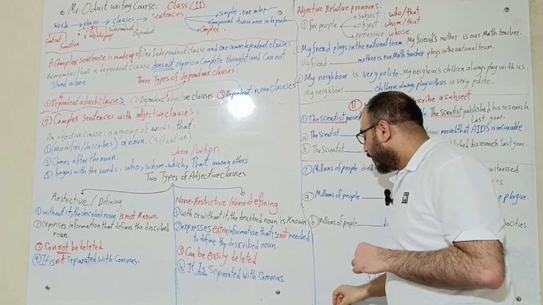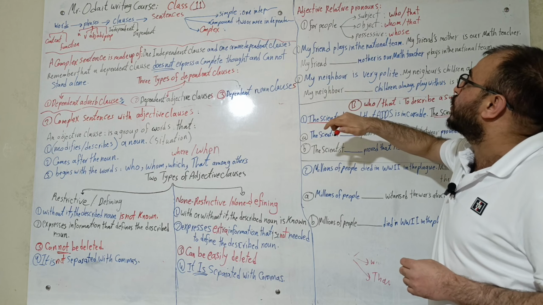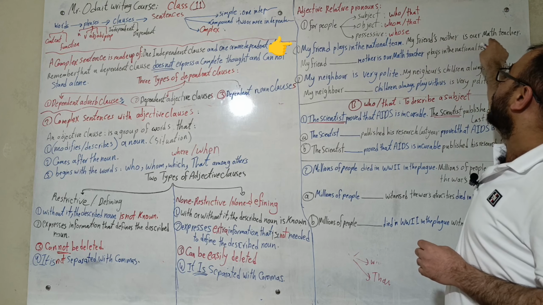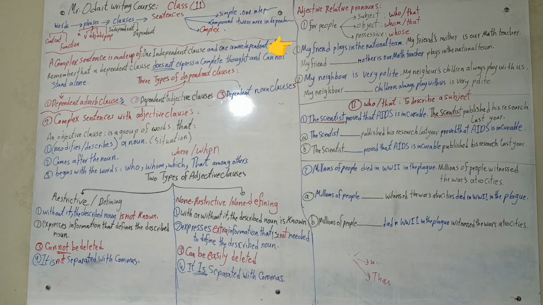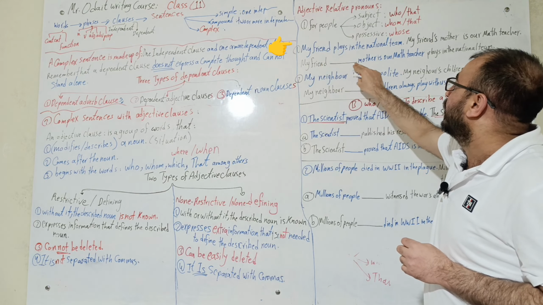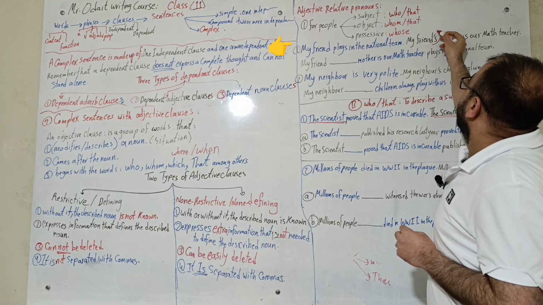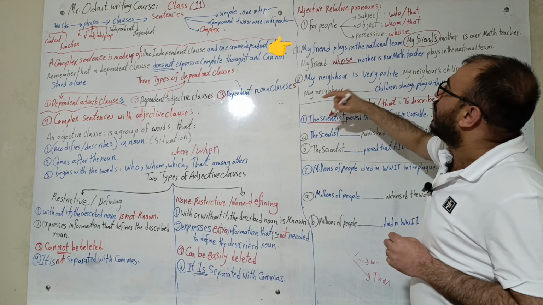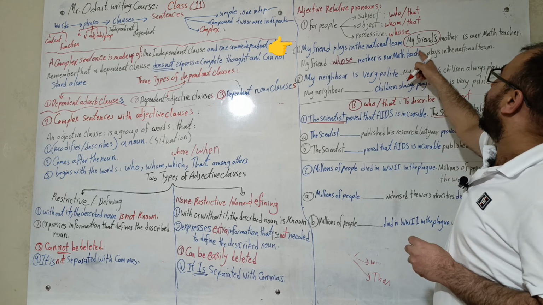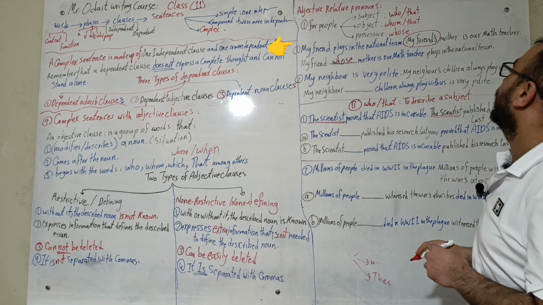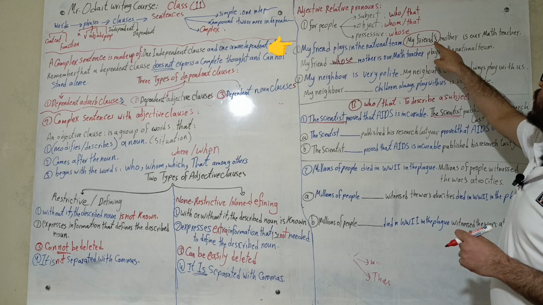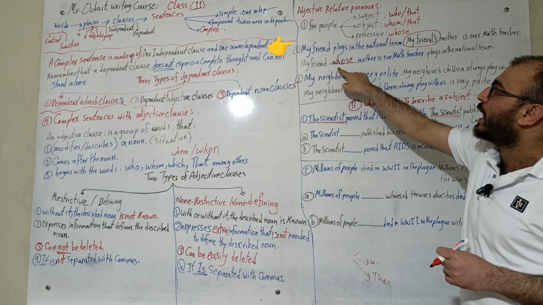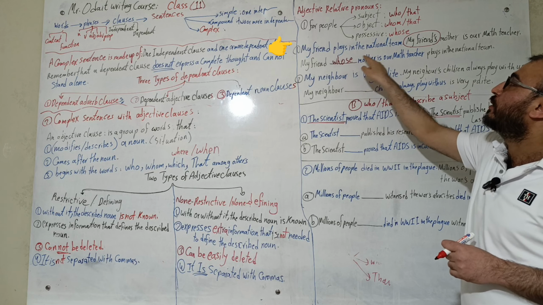into a dependent clause. Let's see, we have this option here. We say: my friend plays in the national team. I have: my friend's mother is our math teacher. I start with my friend, here with the possessive S, and I change it into whose. I say: my friend whose mother is our math teacher plays in the national team. Again, my friends, here this independent clause has been changed into a dependent clause